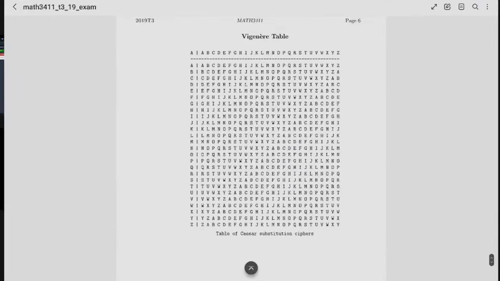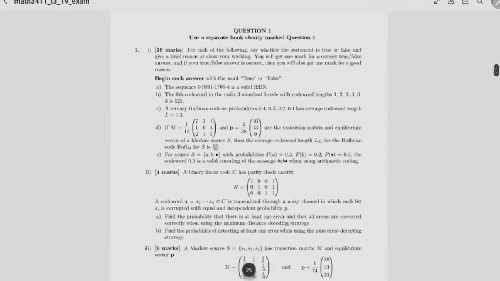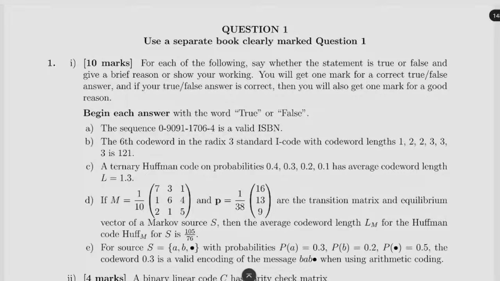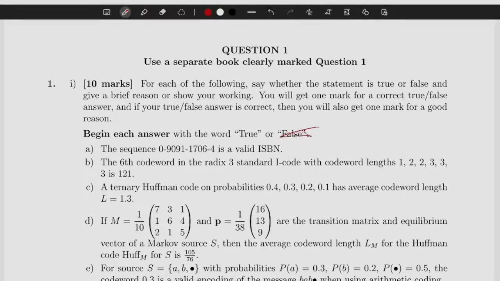And what I might do is I might just hop to the 2019 exam and give you guys an example of what I see is pretty common from the first 2 exams, right? Where some of these concepts come into play. So what I've noticed from the 2019-2018 exams is that topics 1, 2, and 3 are essentially just assessed in question 1, right? And question 1 in both 2019 and 2018 is just a kind of true or false, right? So valid ISBN, that is from our chapter 1. That is just us using this theorem here to check that it is valid. If it is valid, it'll satisfy this.